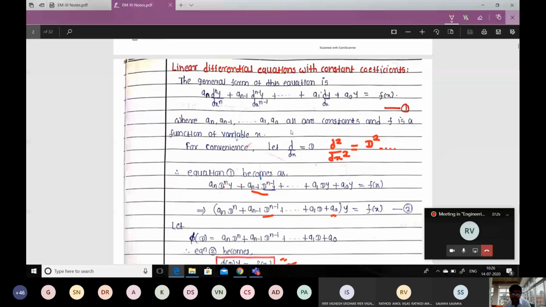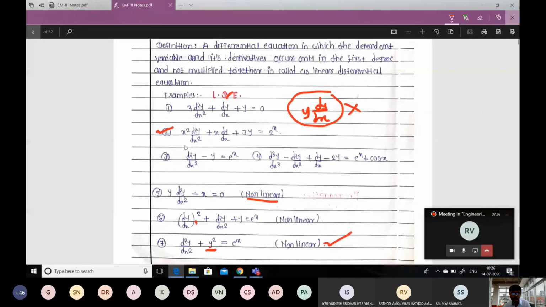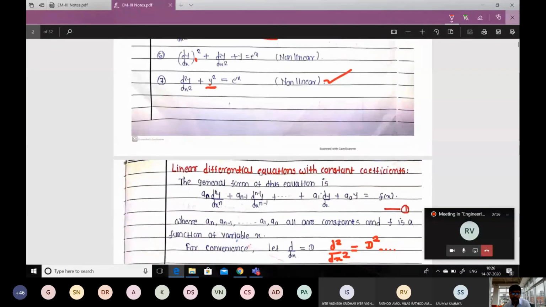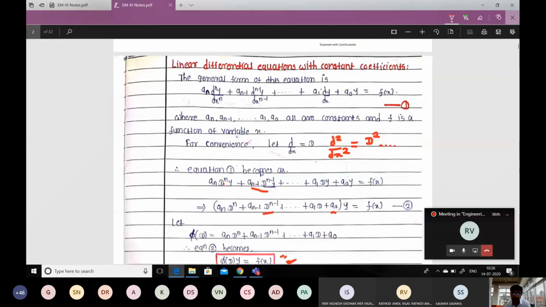We started with the general form, where n is nothing but a natural number. Like in example number 1, the value of n is 2 because the order, the highest power, is 2. Here we can see the order is 3, so n is 3. We cannot say about this one because it contains a variable coefficient. What about this? Yes, n is 2. So n is just the order of the given differential equation, and it can be any natural number, but it cannot be a fraction like 1 by 2, 1 by 3, or a negative number. That is not acceptable.